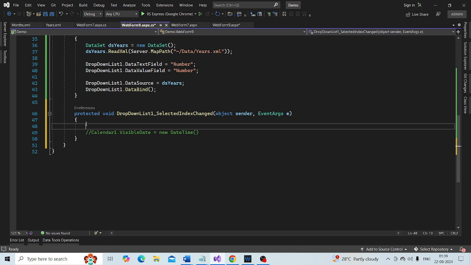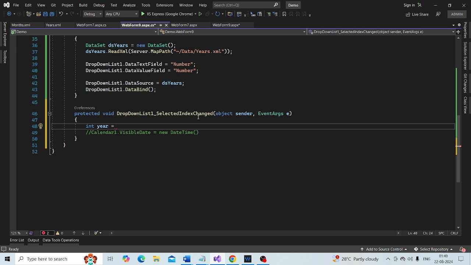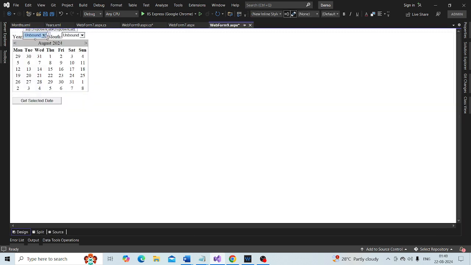So int year is equal to... we want to retrieve that from the year drop down list, and the ID of this drop down list is DropDownList1.